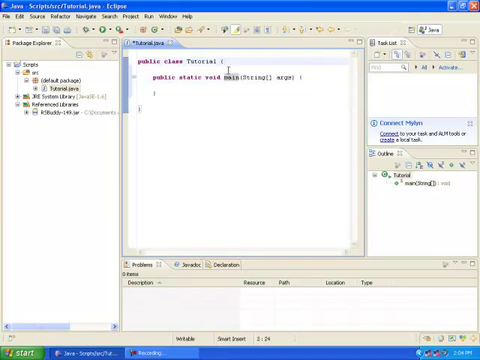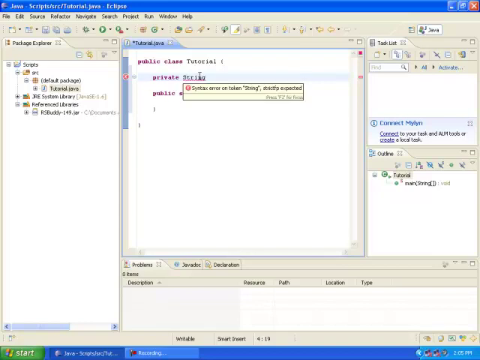Okay, so now what you're going to want to do is create a string variable. And how you'll do this is you'll just create one right here. I'm going to make mine private so that it can only be accessed by this class. Private string. What a string is, it holds chars. A char is another data type, and it's just one single character. But a string can hold multiple chars in quotes. And here's how you'd make a string. So private string, and then you have to name your string. Let's name it